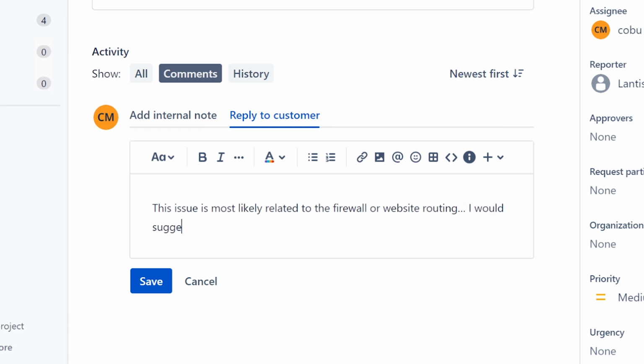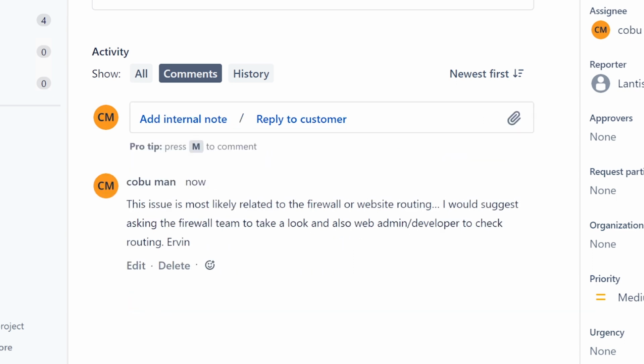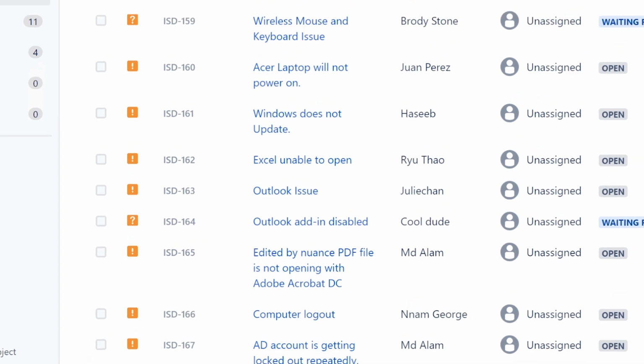I would suggest asking the firewall team to take a look, and also the web admin or developer to check routing. I'm going to leave it open. You can let me know if that helped.